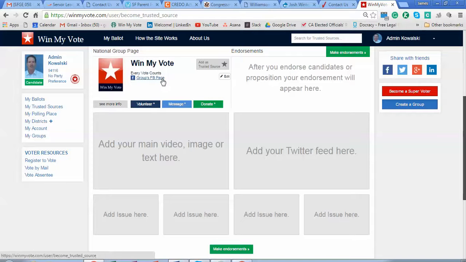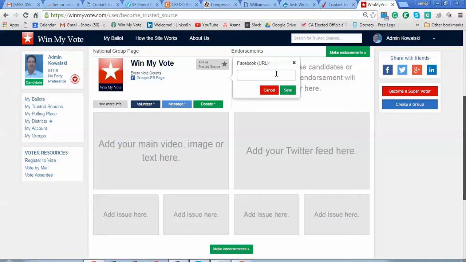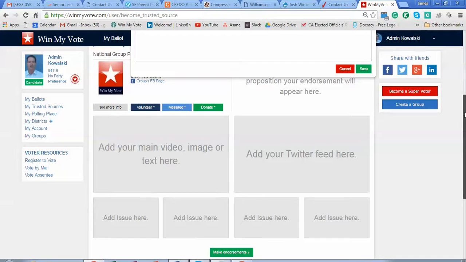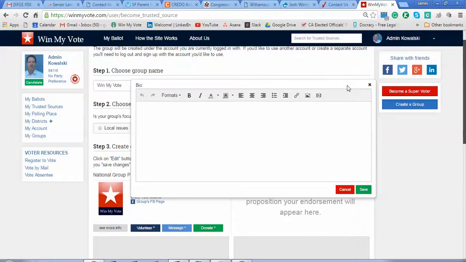And then we can put our Facebook page here, where you just click on this little edit button and put your Facebook URL, so that is in there. We can also put some information in here, which is see more information about the group or the organization. And this is just really a bio of the group or the organization. You can put text in there, hyperlinks, images,